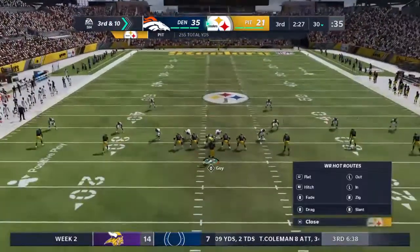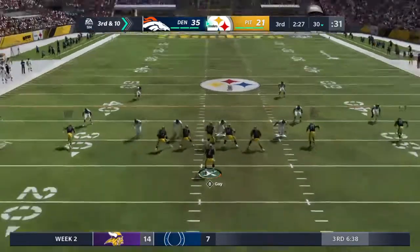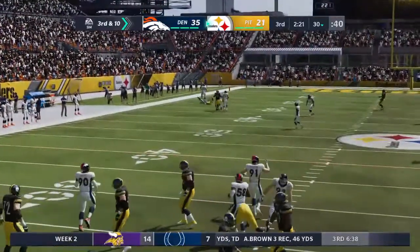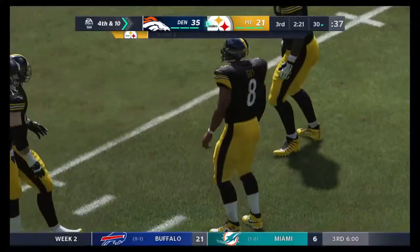This offense in desperate need of a conversion as they come up on 3rd down. Again, he'll drop to throw. He'll air this one out deep for Davis. That's going to be knocked away and incomplete. Intended for...